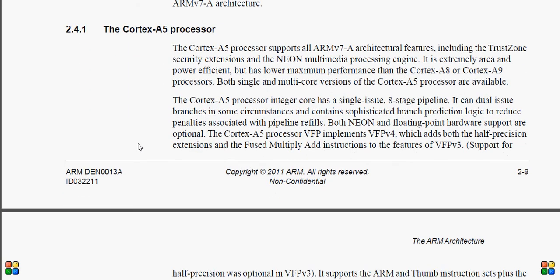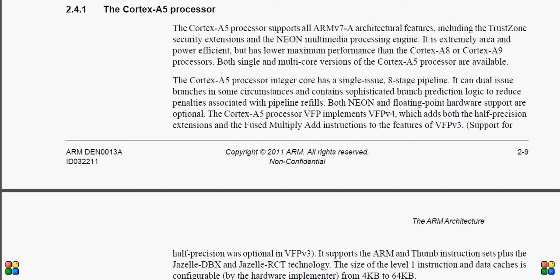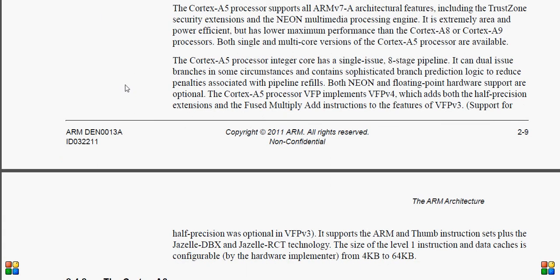Now we will take an example of the Cortex A5 processor and discuss it. Cortex A5 offers advanced features of the ARM version 7 architecture over the version 4, 5 and 6 architectures. It also allows devices to run current software. The features which the Cortex A5 processor provides are a single issue in-order microarchitecture with an 8-stage pipeline, Neon single instruction multiple data instruction set extension, vector floating point version 4 floating point unit, Thumb-2 instruction set encoding, and Jazelle DBX technology.